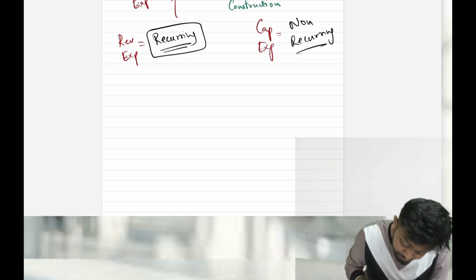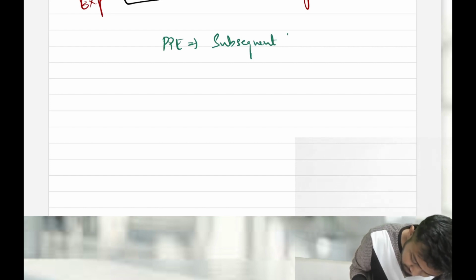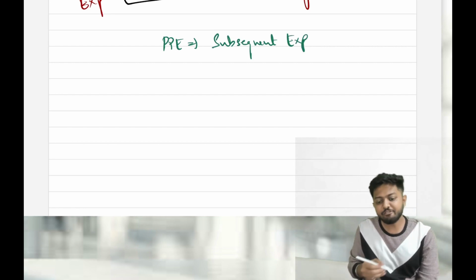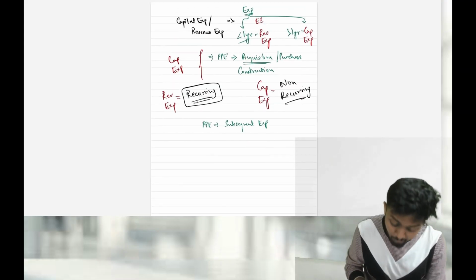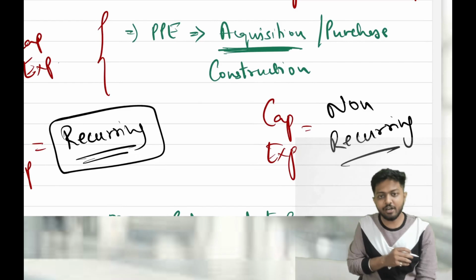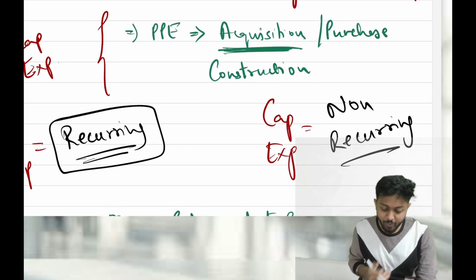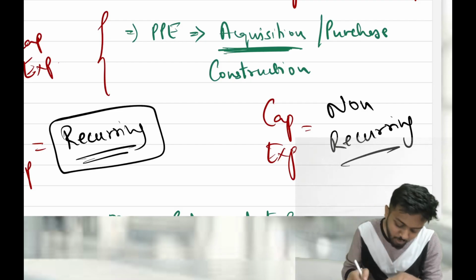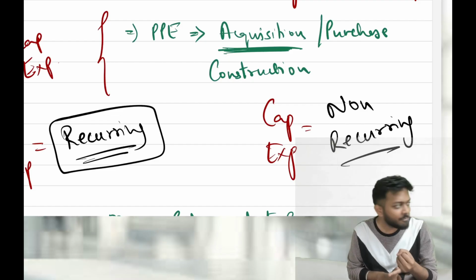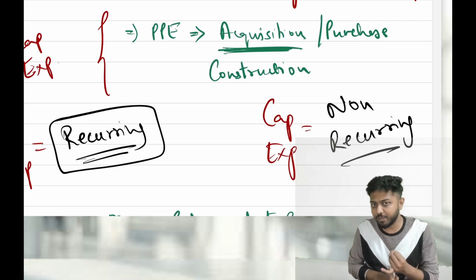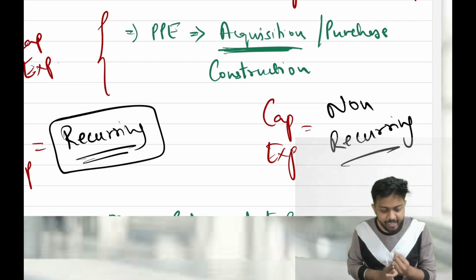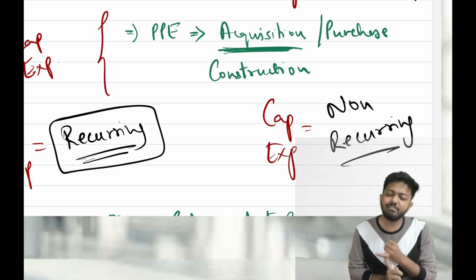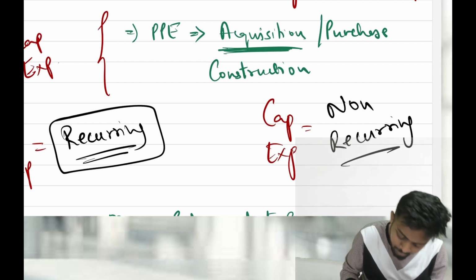Then what else is called capital expenditure? With respect to PPE only, there is something called subsequent expenditure. What is subsequent expenditure? That is the money that you have spent on an existing PPE. Here it is acquisition of a new PPE. Now we are talking about subsequent expenditure. But before coming to subsequent expenditure, I would like to add one more point to acquisition. Suppose I am buying furniture which is costing 5,000 rupees. Since you are spending it on an acquisition of a fixed asset, it will be treated as capital expenditure.